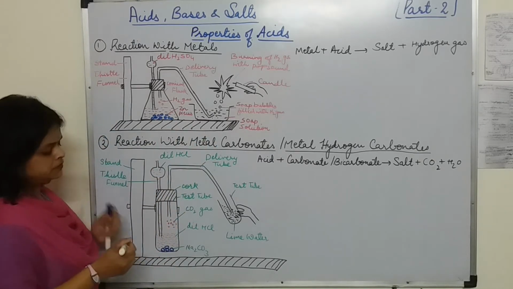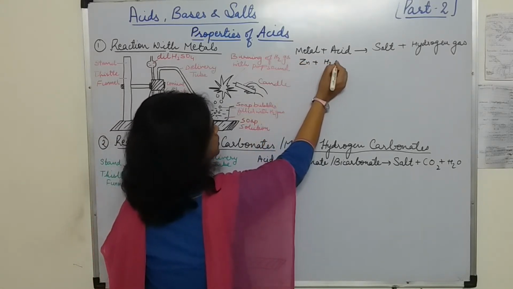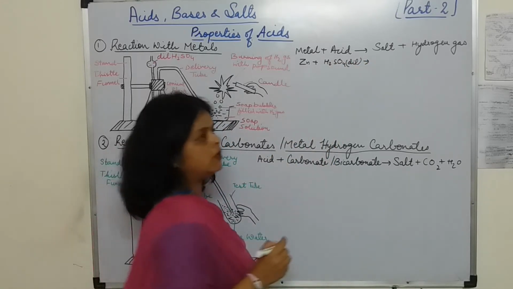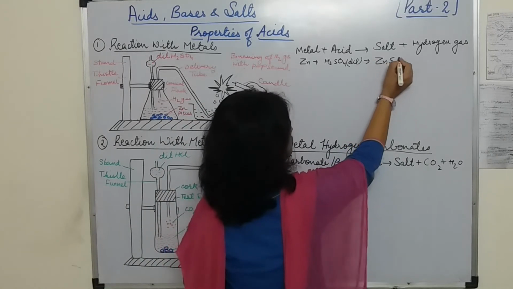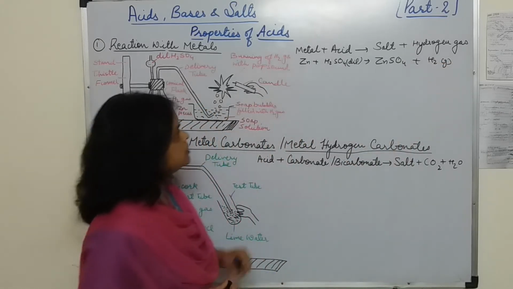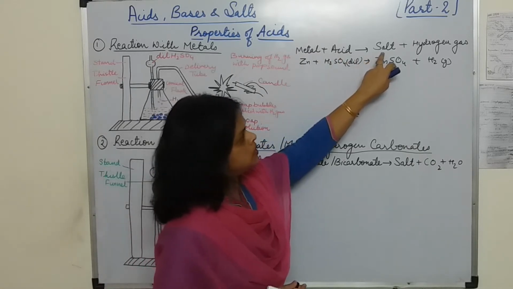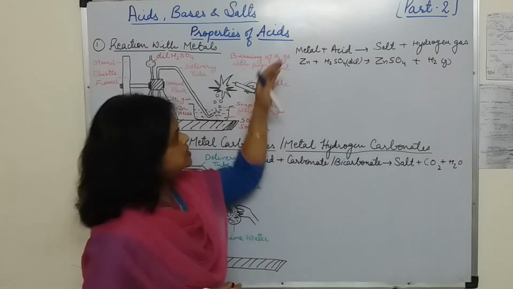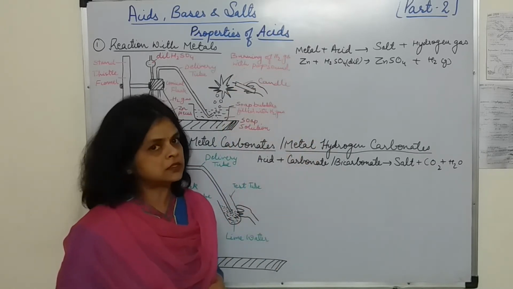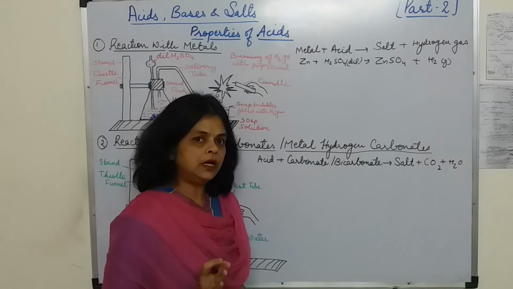So we are saying that when zinc metal combines with H2SO4, we are taking dilute H2SO4, they combine to form the salt ZnSO4 along with hydrogen gas. So students, I have written a general equation. Metals, whenever they combine with acids, form a salt and hydrogen gas. Now it is just like mathematics. When you know the formula, you can put in different values and get the answers. So here also we will take any metal, any acid, and accordingly you can write the equation.